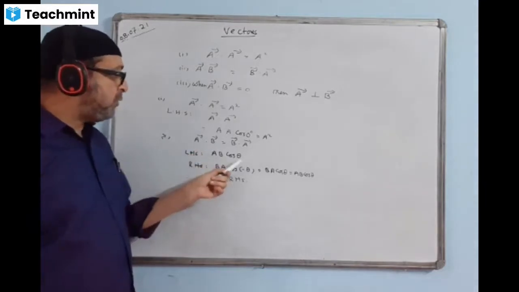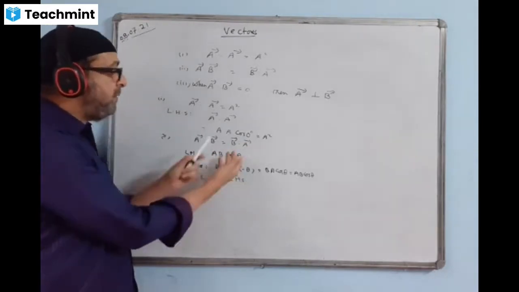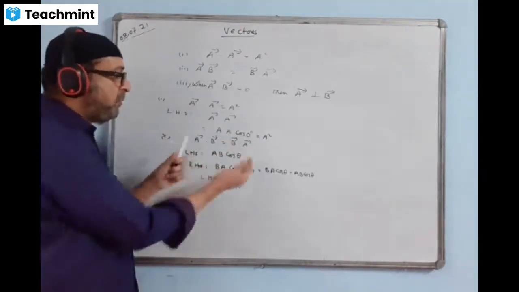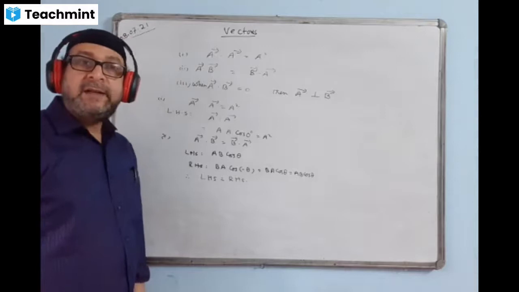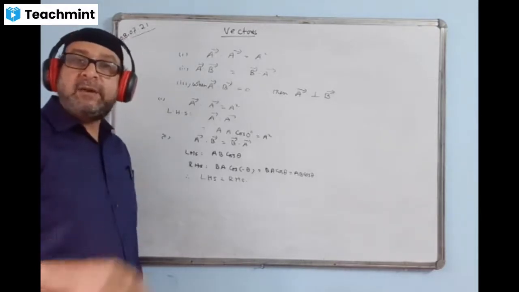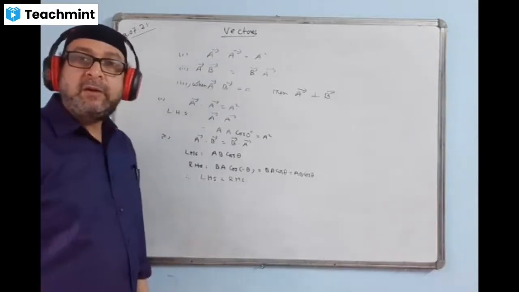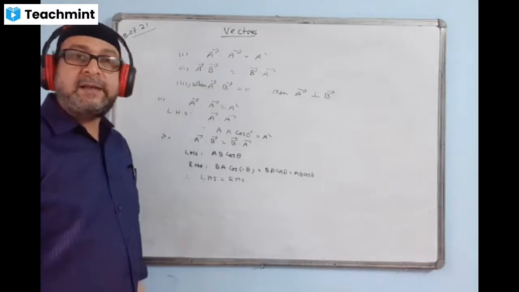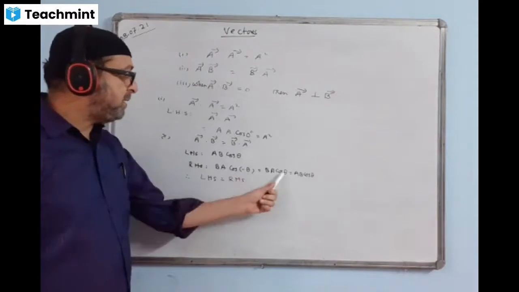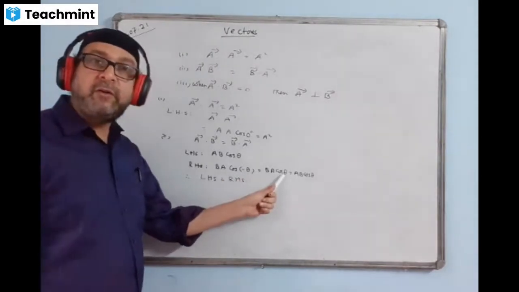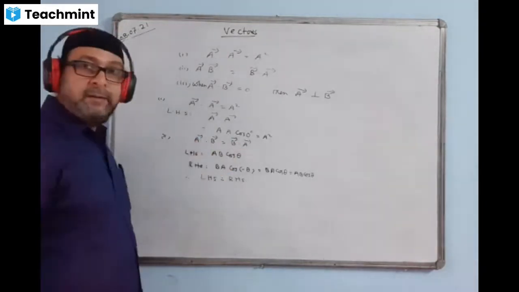A dot B value is AB cos theta. B dot A is the magnitude of vector B, magnitude of vector A, and cos of the angle. When you change to B dot A, the angle will become minus. But in trigonometry, cos minus theta is the same as cos theta. And sin minus theta, the minus sign will come out, is equal to minus sin theta. In sin and tan, the minus sign comes out as minus. But in cos minus theta, the minus sign comes out as plus, as positive. You will come to know this later on in math also. Then the answer will become AB cos theta. So LHS is equal to RHS. A dot B is equal to B dot A.